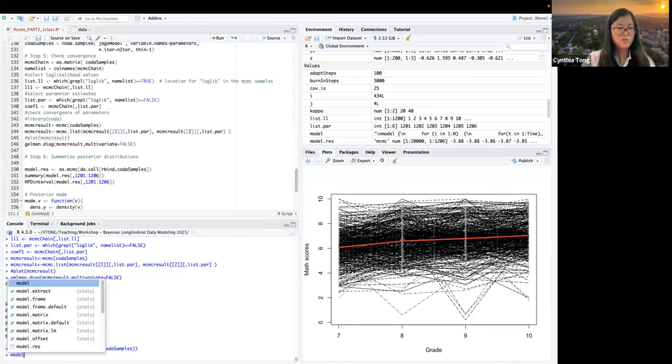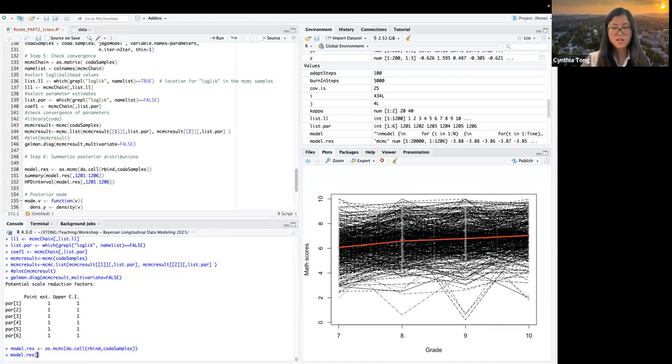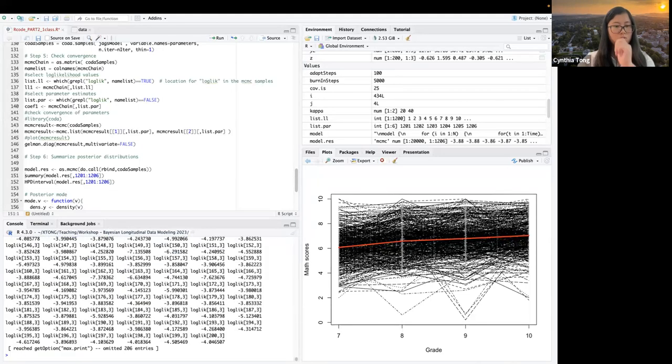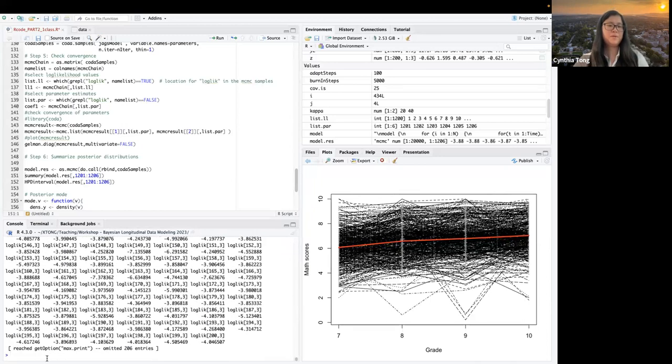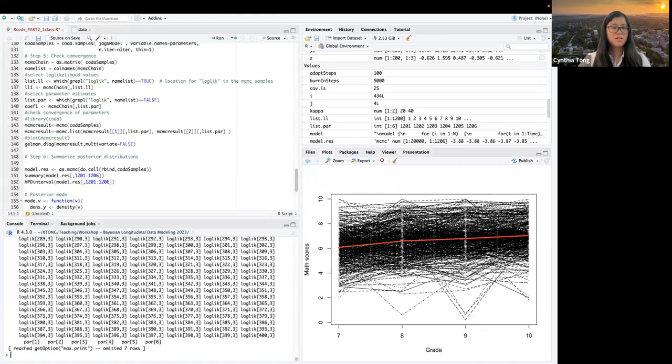So for example, we can do head of model res. Oh yeah, that's probably easier to see.